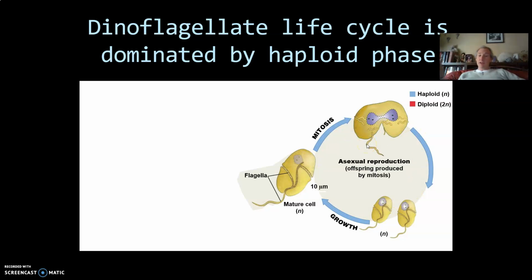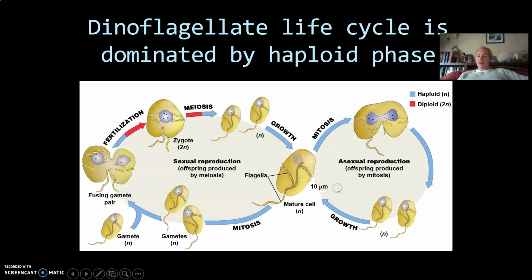But typically in the spring, at least in the northern hemisphere, spring in the southern hemisphere too, but it's offset by 6 months, they can do sex. And so here's how the sexual phase of the life cycle happens. They are haploid, so in essence, they're like adult sperm, adult eggs. We'll call them gametes, but technically there are no gametes here. They're just haploid cells, just like sperm and egg cells are. They find each other, maybe by glowing. They fertilize each other, and the two cells become one cell.